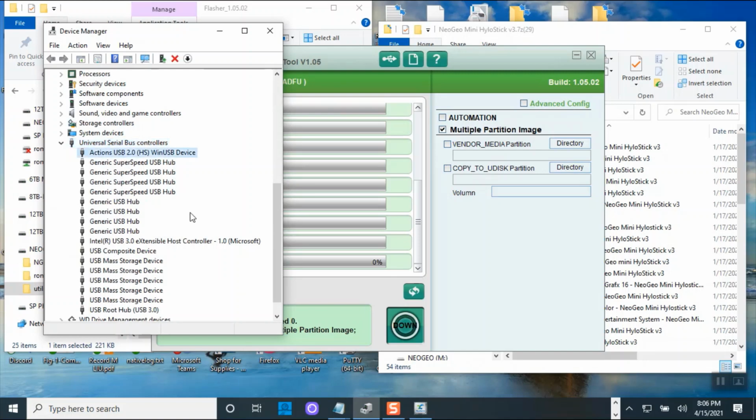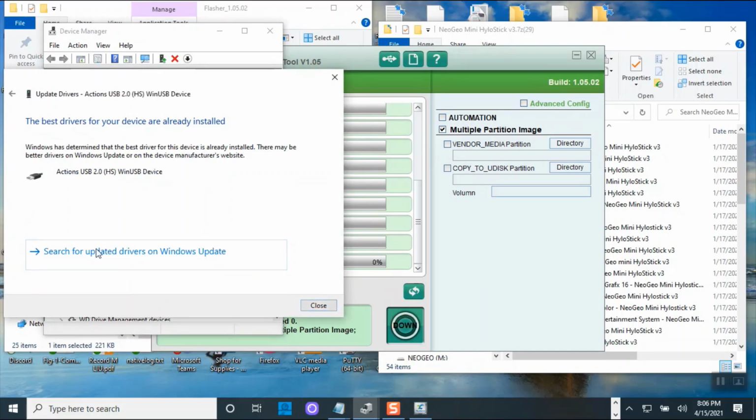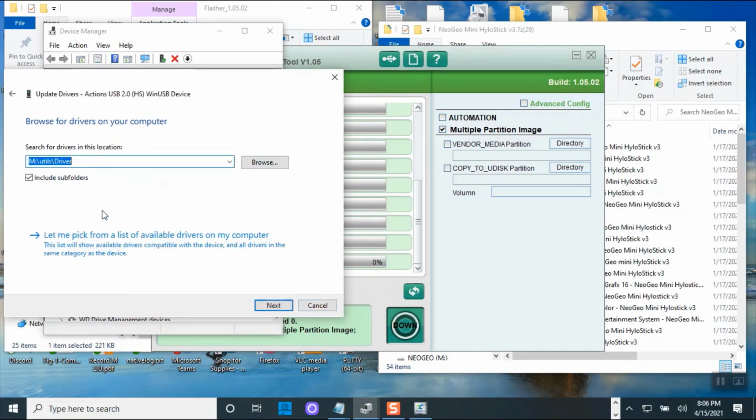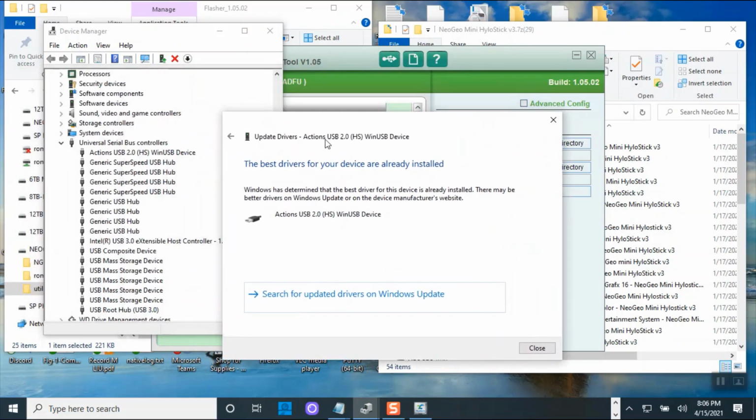Okay, it's the action. This is the one that will install on your system. It's called Action USB 2.0 WinUSB driver. So that will be installed when it recognizes your NeoGeo driver. So for example, if I click update now, not search, I meant to say browse my computer. So I'm going to leave it in the same spot, and this time it's already installed. See, so this is the driver that you need